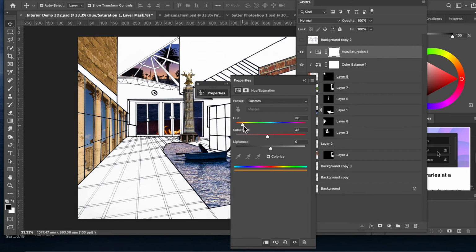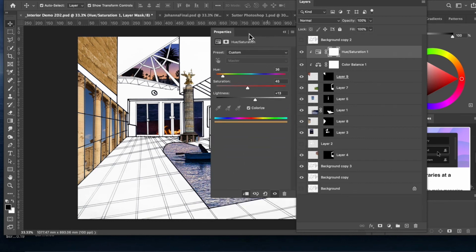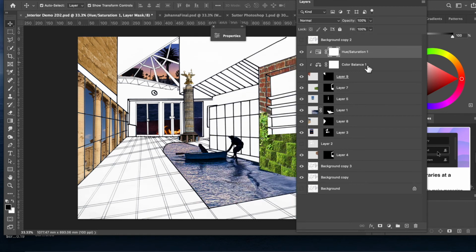All right, this is where I get a little bit fussy with things, but you can make things come together much better if the colors are similar and you want them to look like they belong to the same wall or the same environment. These are adjustments you can make to just one layer at a time. So highly recommend hue saturation, color balance,